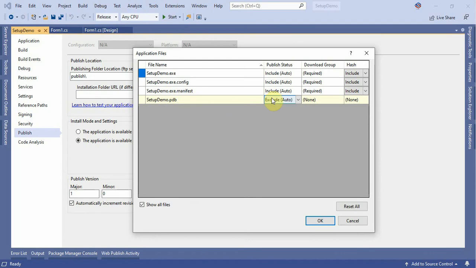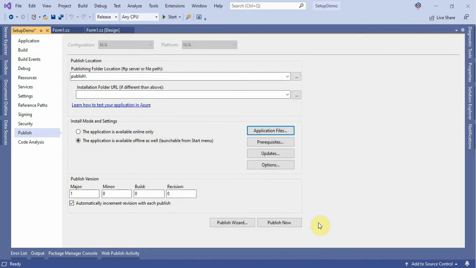Show the files, and click and include these files, meaning your database files and so on, and then click on the OK button. But if you want to exclude and set the default files, then click on reset all like this: show, include, and then reset. So you see this is none. Okay, and then click on the OK button.